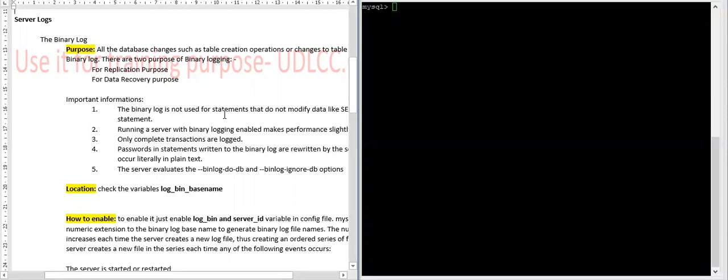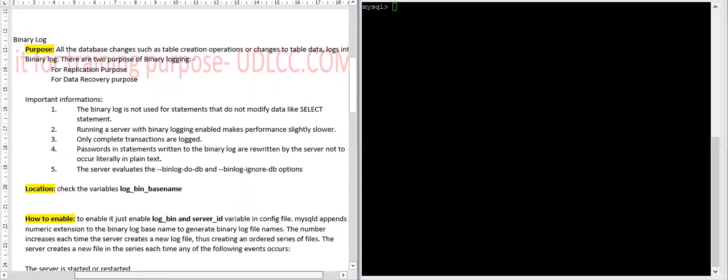So there is some important information regarding binary log. What is that important information to keep in mind? The first: the binary log is not used for statements that do not modify data, like select statements. As we discussed earlier, the MySQL binary log only maintains the update statements, whether it is insert, update or delete, anything.